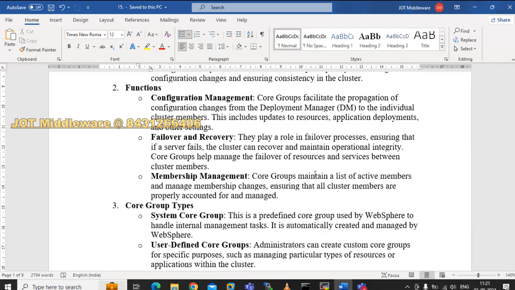If a server fails while executing a request, the user should not get any error or any issue. The user will continue accessing the application even if there is a server failure, and those requests will be recovered by the other cluster members. This works with the